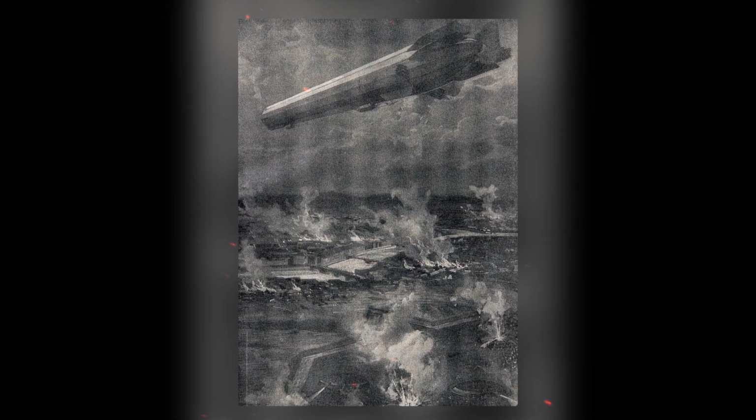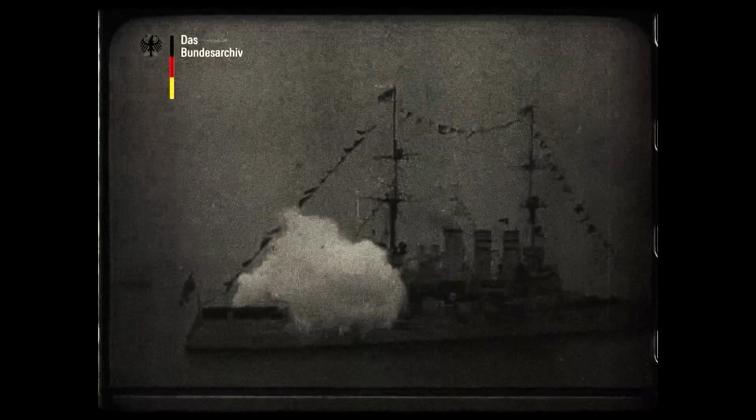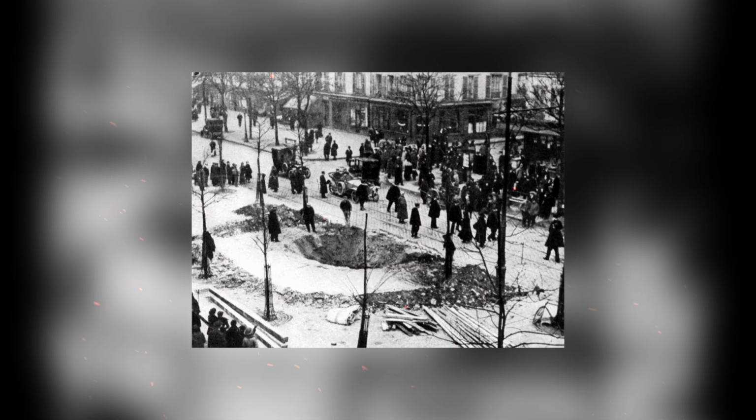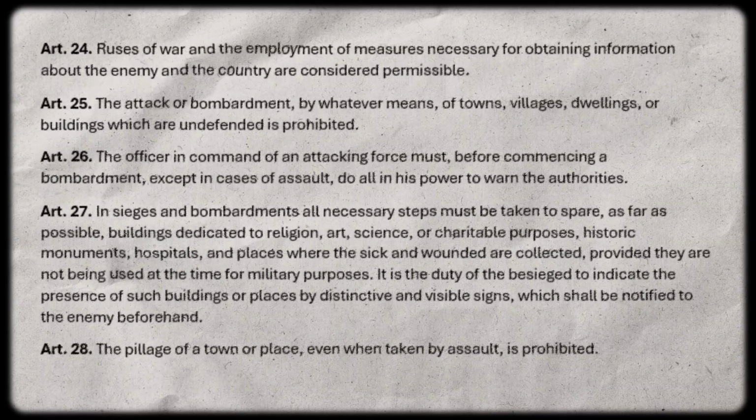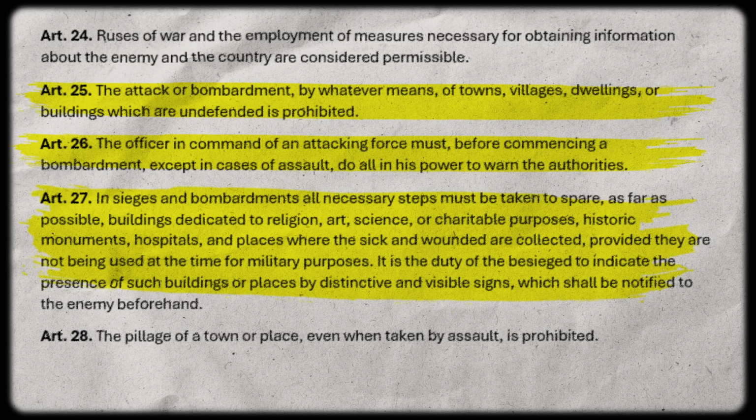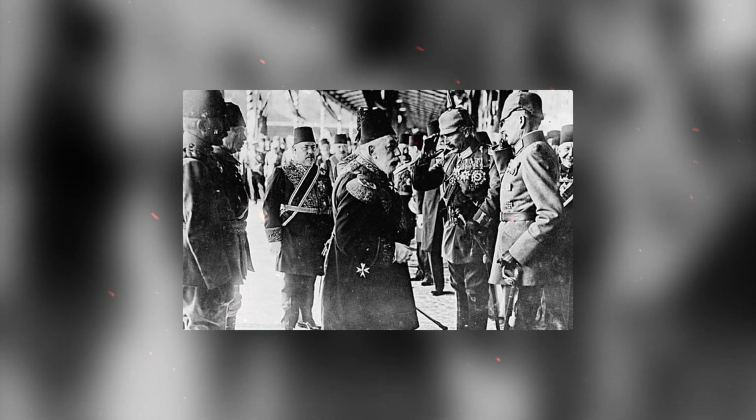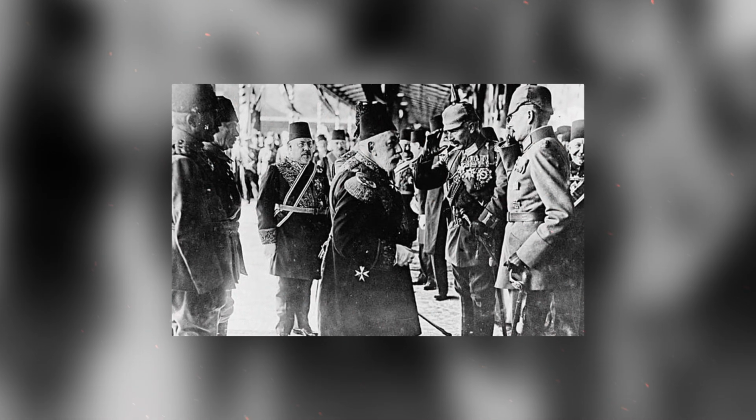The disregard for civilian immunity expanded beyond occupied territories. German naval forces shelled British coastal towns, and Zeppelin air raids brought the war to London and Paris, ignoring the spirit, if not always the letter, of the Hague Convention, which restricted bombardment of undefended cities. The gravest violations occurred on the Eastern Front. The Ottoman government orchestrated the Armenian Genocide, a systematic campaign of deportation and mass murder that the Entente powers explicitly labeled a crime against humanity in 1915.